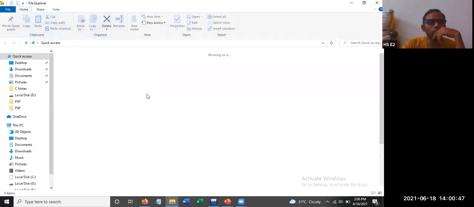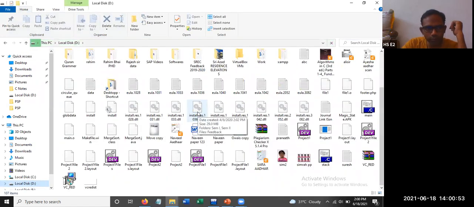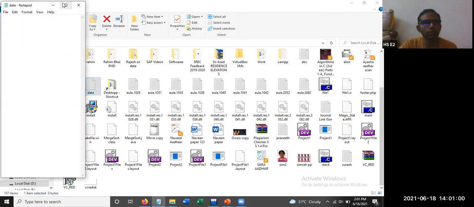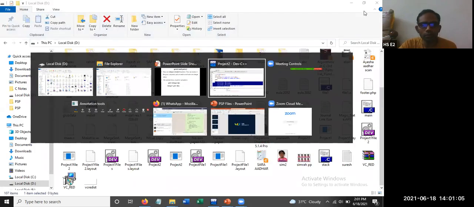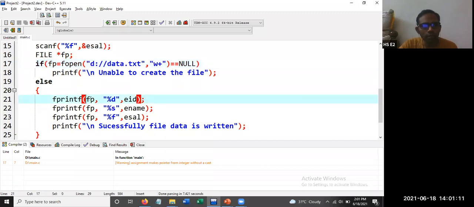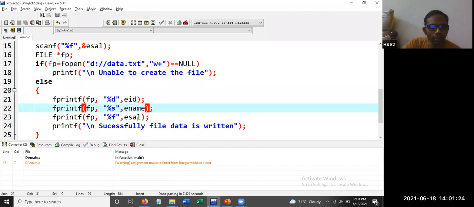So we got D drive, and in this we are opening data.txt. The file pointer fp: fp is equal to fopen in write plus mode equal to null, then do this, otherwise fprintf(fp, eid, ename and esal).